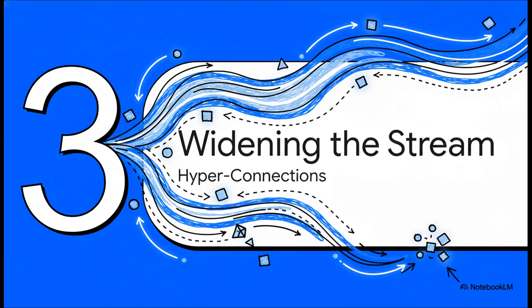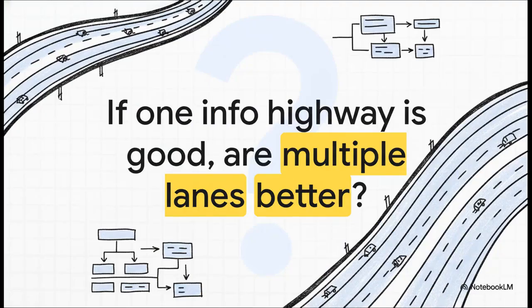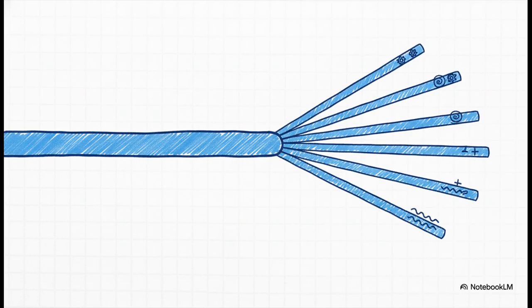But then, hyper-connections came along from ByteDance, and it was the first serious attempt to evolve the residual connection itself. And it all started with a really simple question. If one information highway is so effective, what happens if we build a multi-lane superhighway? The big idea was to take that single residual stream and just blow it up into multiple parallel streams. Instead of one vector carrying all the original information, what if you had, say, 4 or 8? The thinking was that each of these streams could learn to specialize, maybe one for grammar, one for long-term context, one for factual knowledge, and so on.